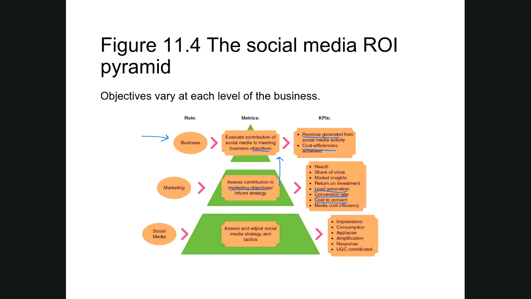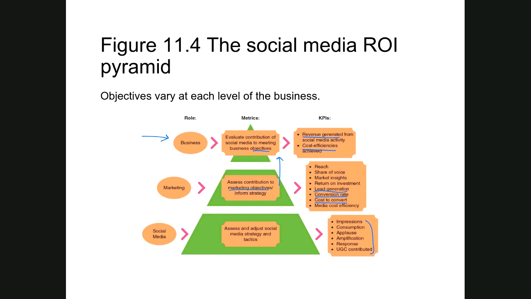And then down in the trenches where the social media people are working, they're looking at all these, right? How many impressions did we get? Their objective might be to get as many impressions as possible because they have seen that the more impressions they get, the less it costs per impression, and it results in more leads because they have some historical data.